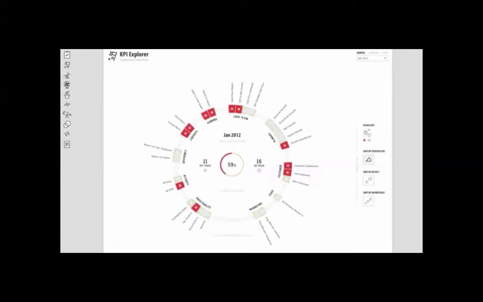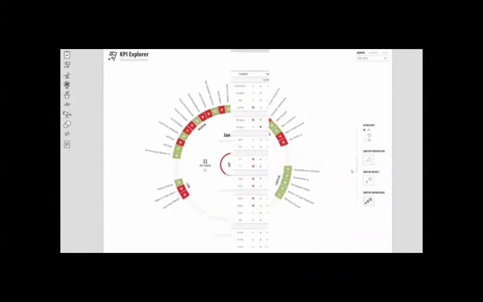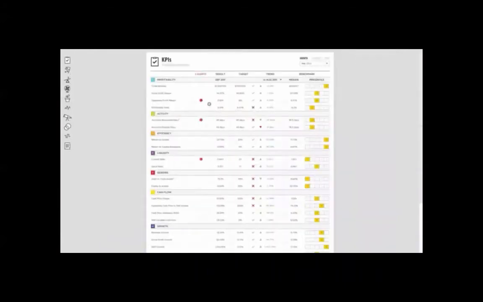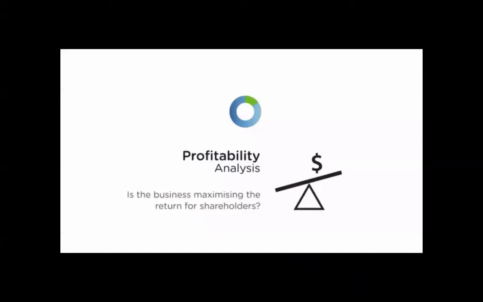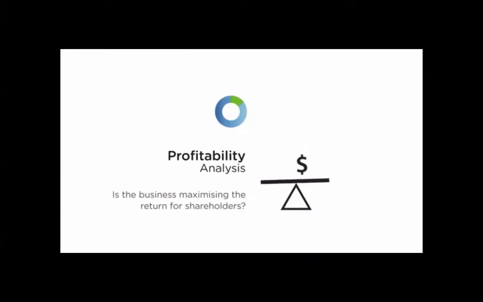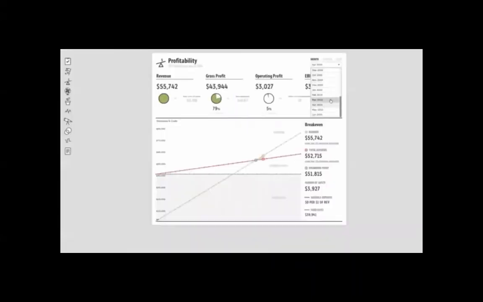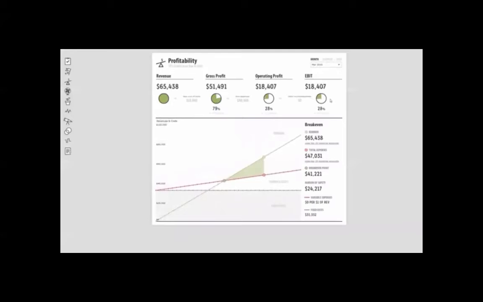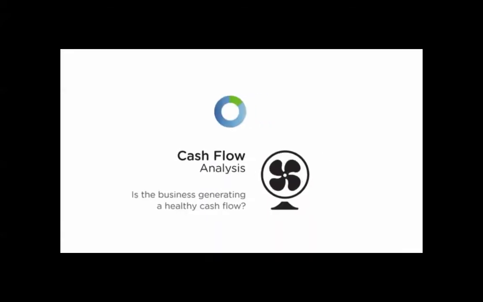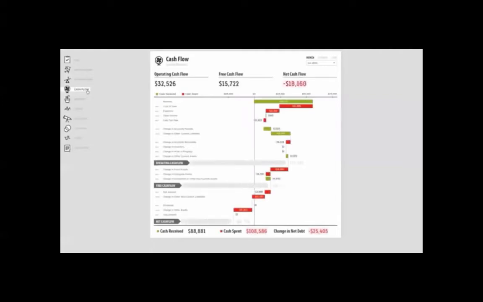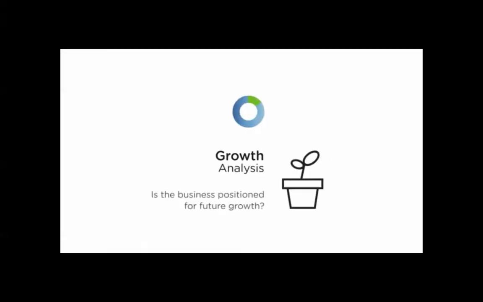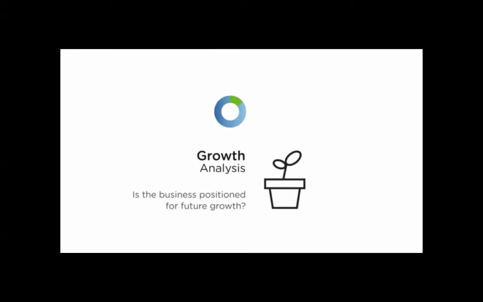We can sort them in different ways, but these key performance indicators can be financial KPIs or they can be non-financial KPIs. And then there's a lot of different information we can get from that. We can chart certain things. We get graphs showing our progress and where we came from. And then we can look at this profitability analysis. Are we hitting profit? Or are we at break even? Cash flow is another thing we look at. Is our business generating a positive cash flow?